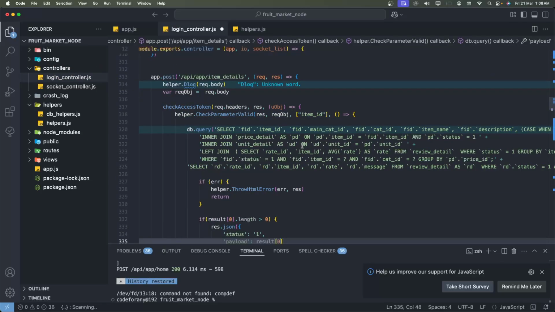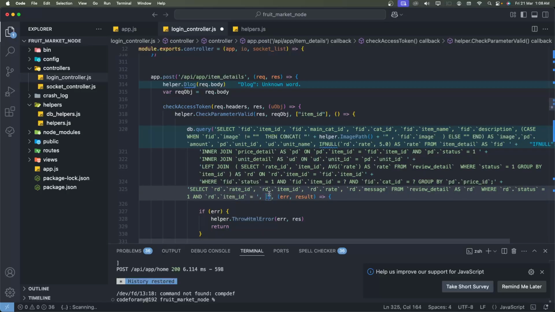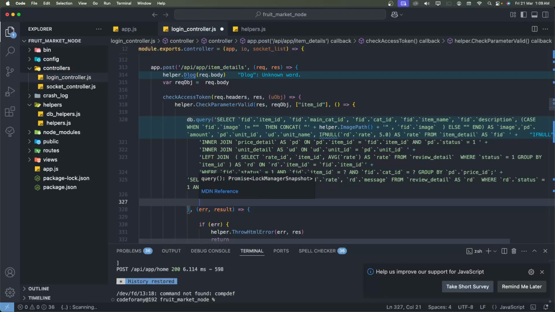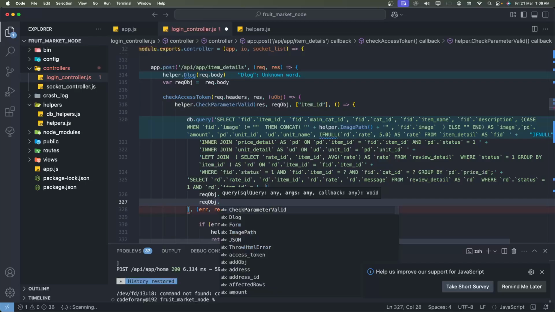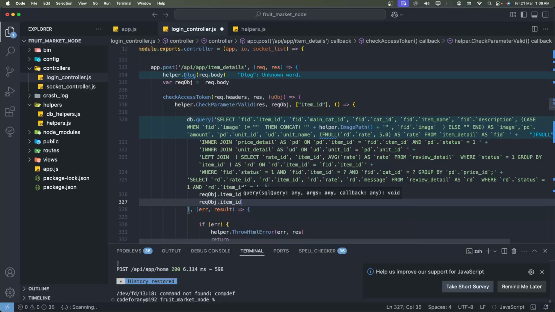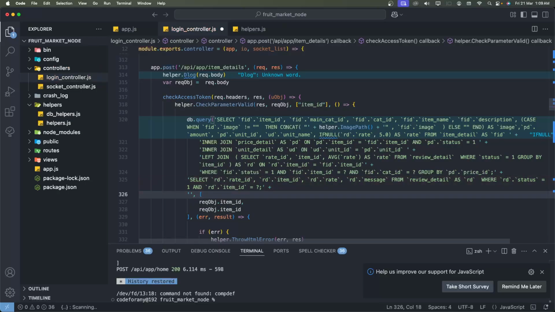We need to make the conditions, and we need to set the item id, request object dot items underscore id, and request object dot item underscore id. This is the query value. We need to put the search and set the question mark semicolon. And another query you need to write down is to get the nutrition list. Now we need to go inside the tables nutrition details and make sure